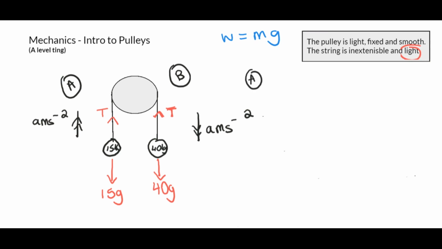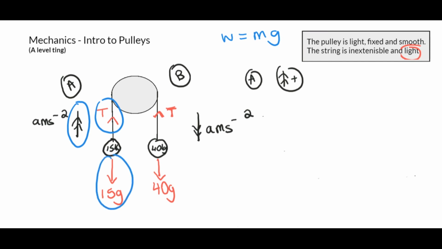If we look at A, we know up is positive. So man's going to identify that. Man's going to say, yo, up is positive. So if I look at this side here, I say to myself, which force is going up in the positive direction? T is. So therefore, T is positive. So man's going to put T. Now, which force is opposing that one? Obviously, the 15G. Remember, the 15G is opposing that thing there.